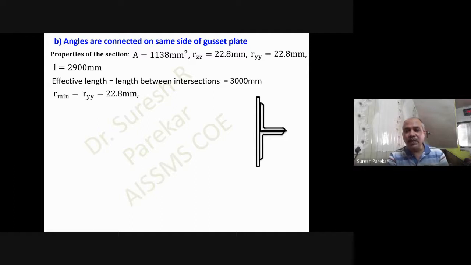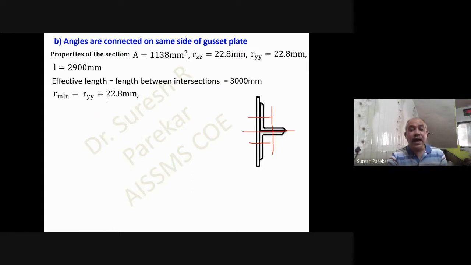Now we are going to be here. If I go over here, then we are here, that is ZZ individual. We have here ZZ individual. So now I have to find out ZZ for the whole section along this line. Now YY individual and YY whole section are along the same line, as on the opposite side of the gusset plate. ZZ individual and ZZ of whole section are along the same line. So we need not calculate in the same way.